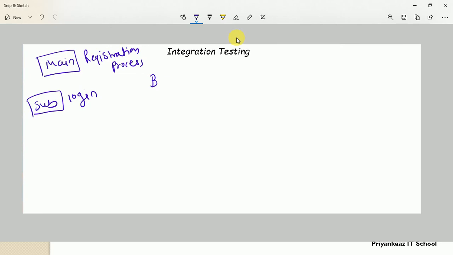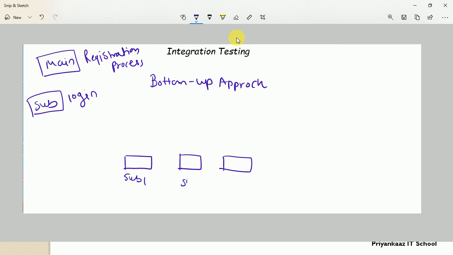Okay, so in terms of the bottom up approach, the developer first focuses on the bottom level of modules. In this approach, the developer first focuses on the bottom module, nothing but the sub module. Clear? So suppose I have a variety of sub modules for an XYZ application. This is sub 1, this is sub 2, this is sub 3. And then the developer focuses on the main module. Clear? This is my main module.